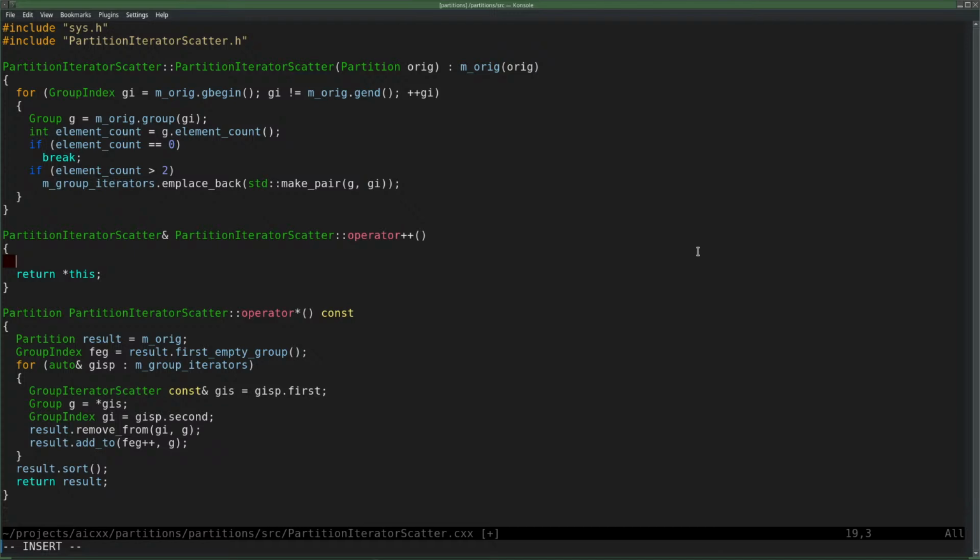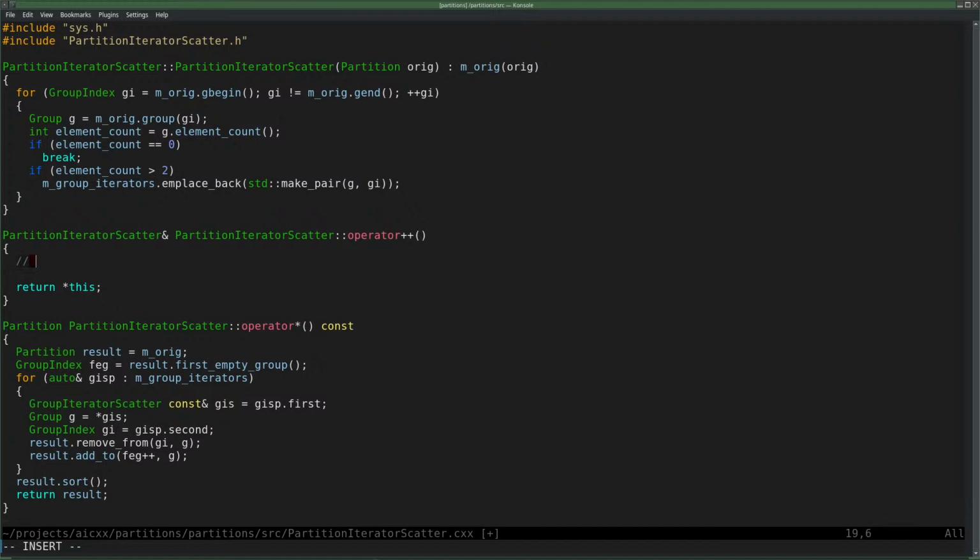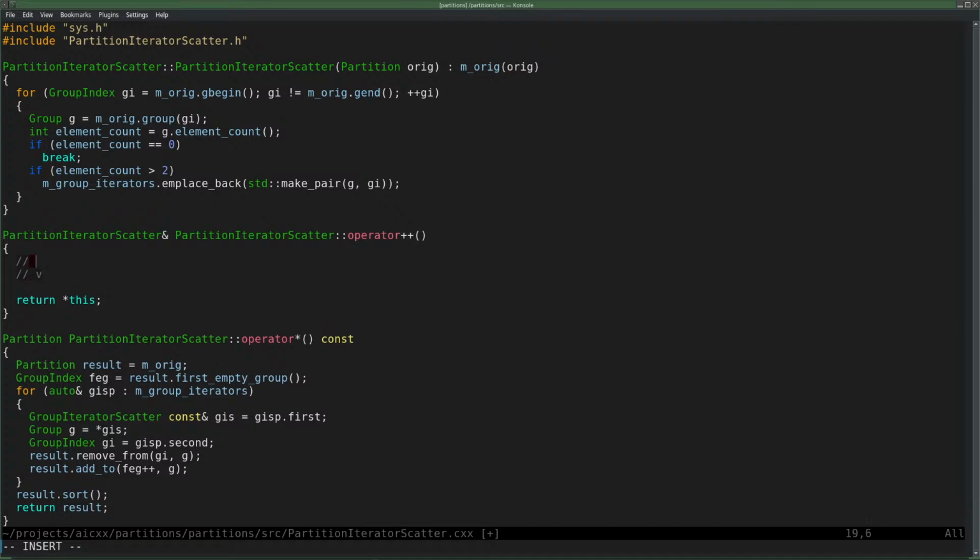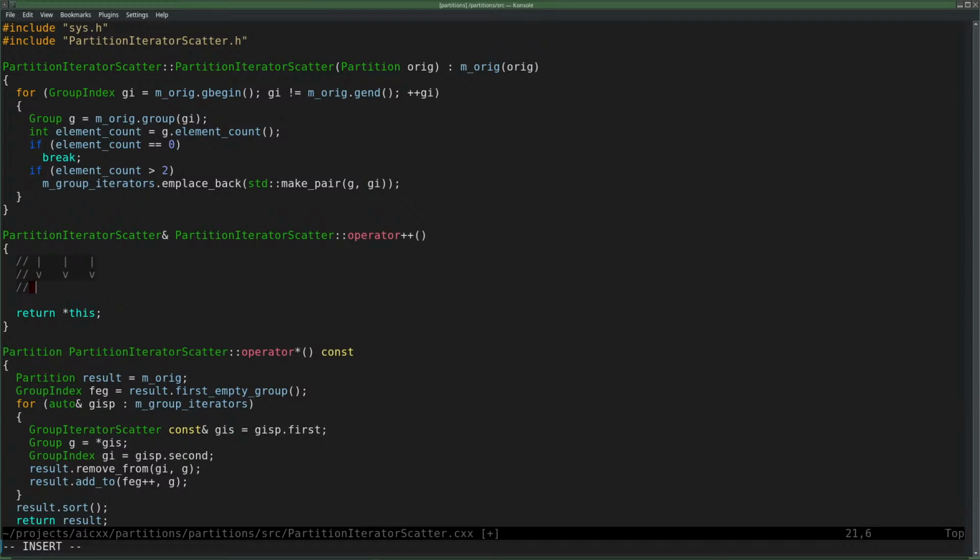So basically what we have is a bunch of iterators, the group iterators. Let's say I have 3 group iterators, also arrows, and they are sorted high to low. So let's say I have